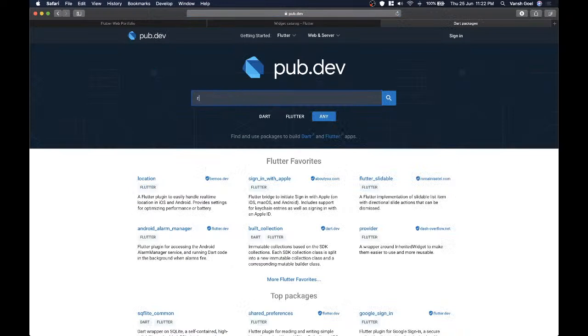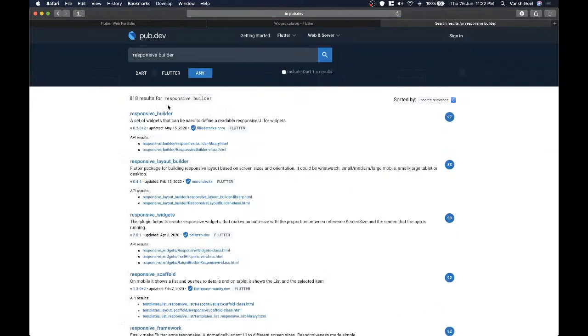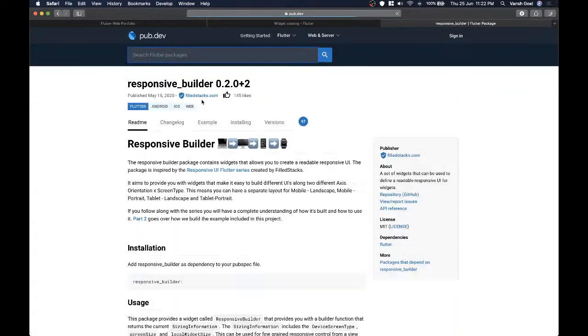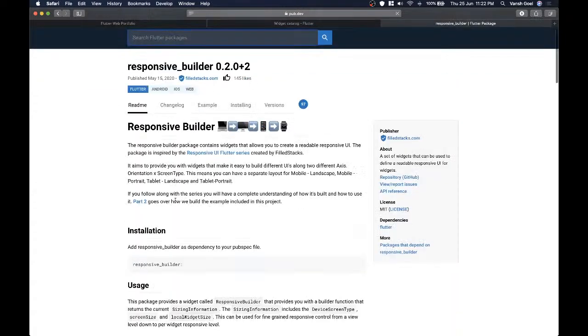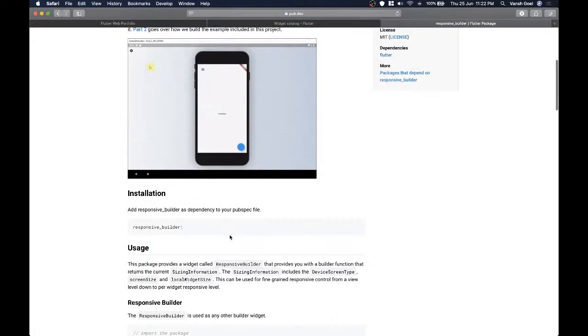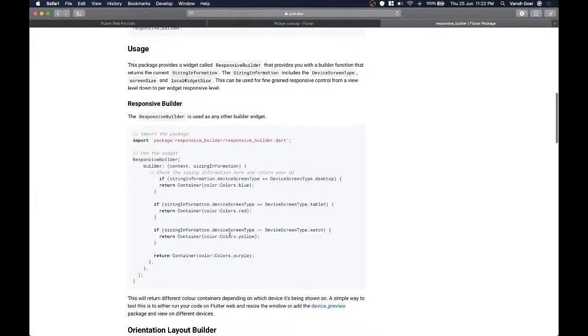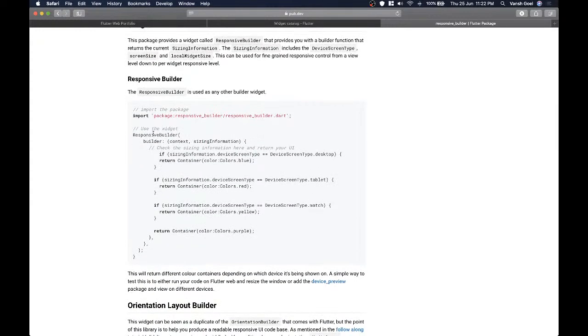Okay, I'll search it from here. In search, I'm able to see responsive builder. This is the one. Basically, it helps me get the layout, like if I'm on a phone screen or on a laptop screen, it will tell. See, it has pretty good docs. It shows that I can use this widget, responsive builder, and basically it will give me the device screen type. I can check if it is on desktop or on tablet. It works automatically, and it will automatically tell me if I'm using a desktop or a